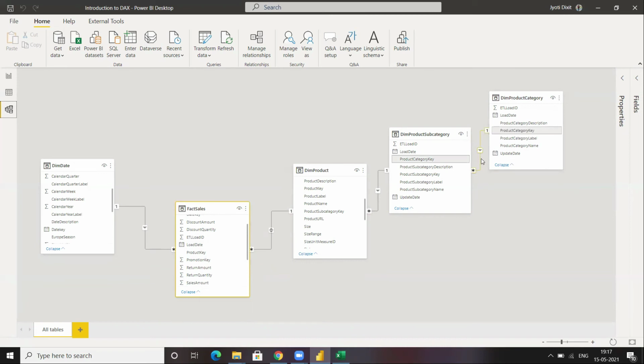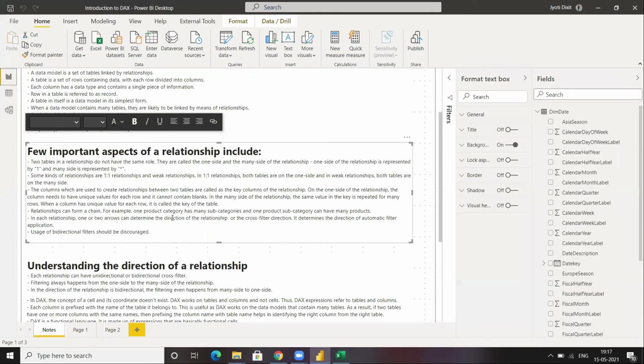Then the filter is going to propagate to product subcategory, then it is going to propagate to dim product, then it is going to propagate to fact sales, and then only it will be able to fetch the sales amount corresponding to that particular key for me, right? So this is how the relationship is forming a chain, and this is how the filtering is going to form a chain, right?